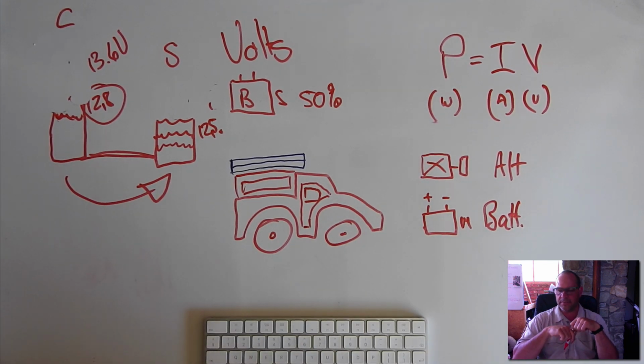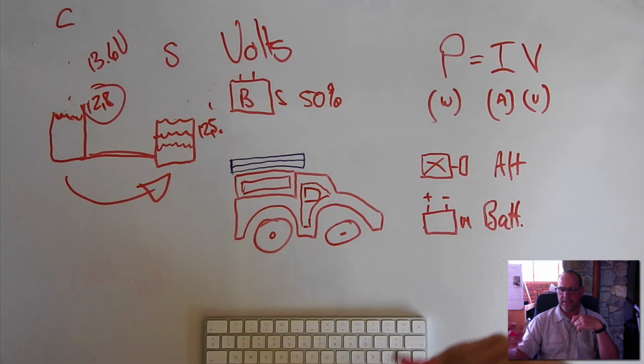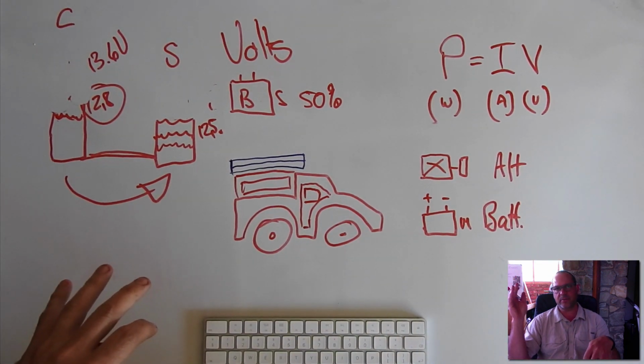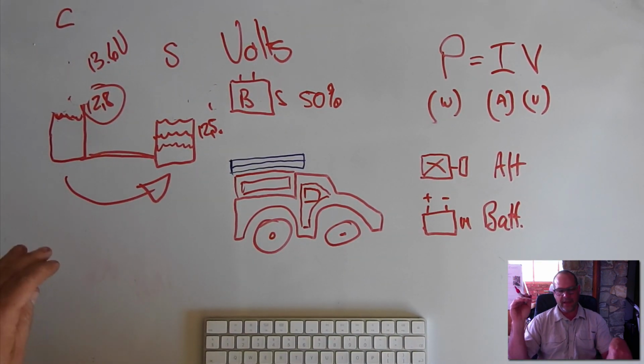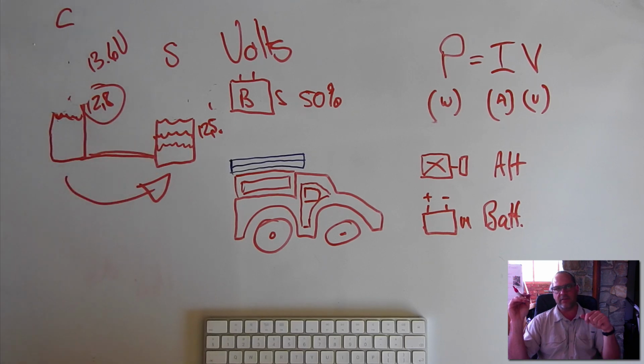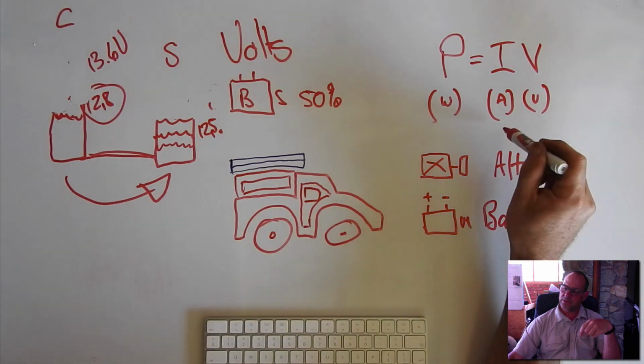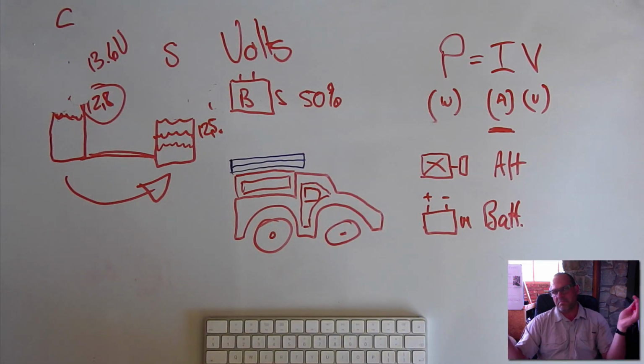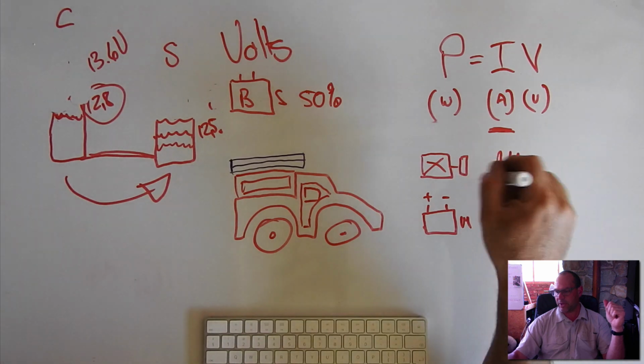If an alternator runs, it lifts the voltage up to 13.6, 13.8 volts, and it then depends on the level of the low battery how much power goes through. The amps that go through will be maybe 25 amps